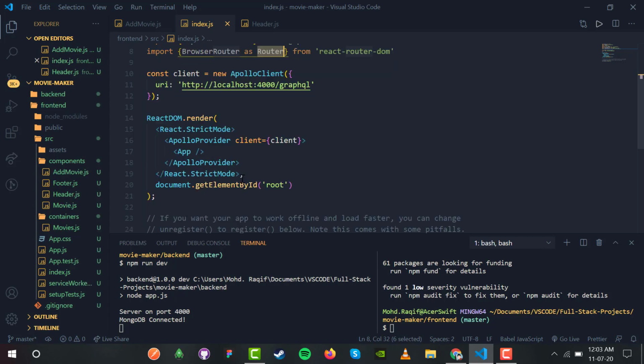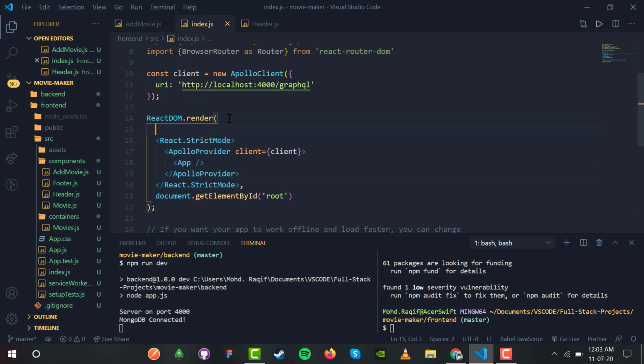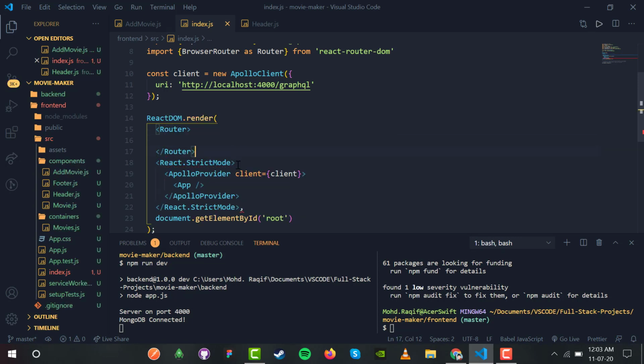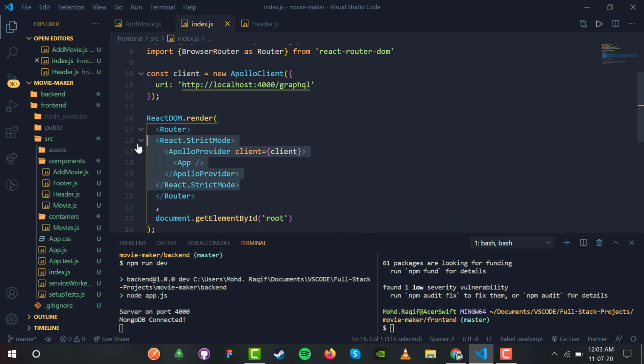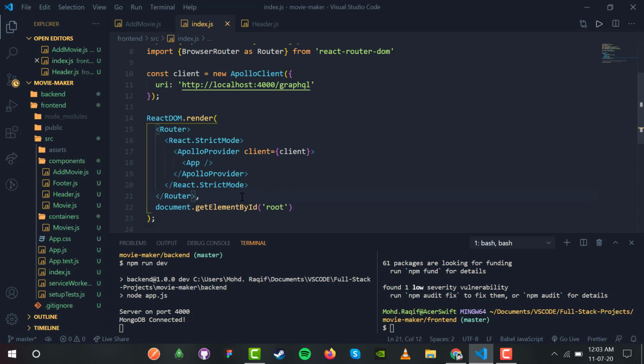So we have to wrap all of this inside our Router. Okay, so now move this to the Router so that Router can provide functionalities to my application. So we have all of this stuff wrapped up inside the BrowserRouter.